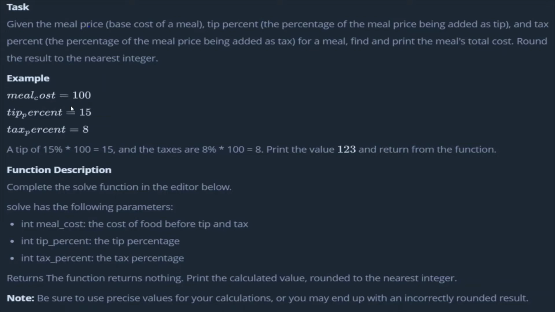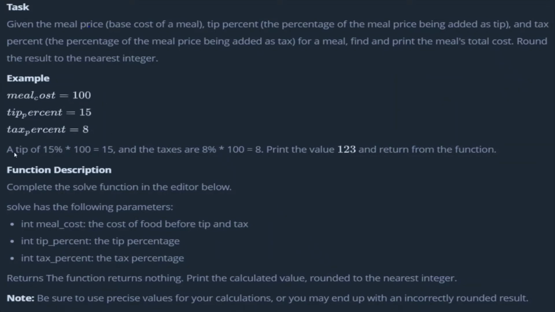Based on the meal cost, we have to calculate the tip and the tax, which have been given in percentages, 15% and 8%. So we have to convert these percentages to values so that we get exactly how much it costs. And finally, we have to sum these three to get the total cost.